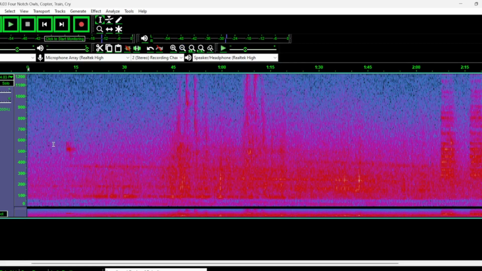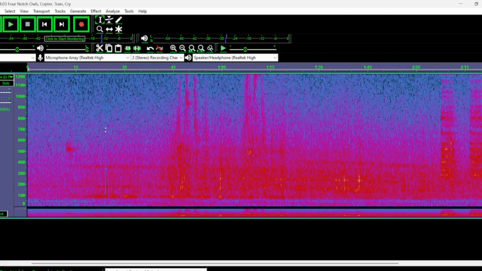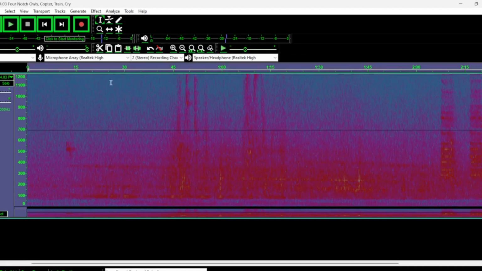All right, now we want to amplify it. Now the question is, do you want to amplify just one signature, check one thing out at a time, or do you want to amplify the whole thing? We'll do the easiest part first. Let's say we're going to amplify the whole thing. Same thing, double click, highlight it all. Go to Effect,